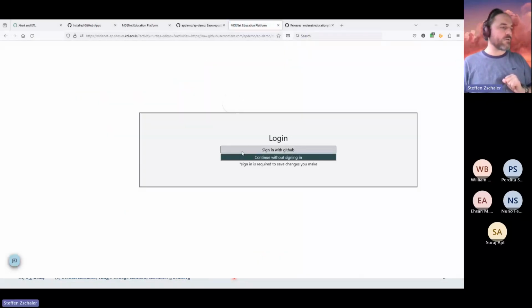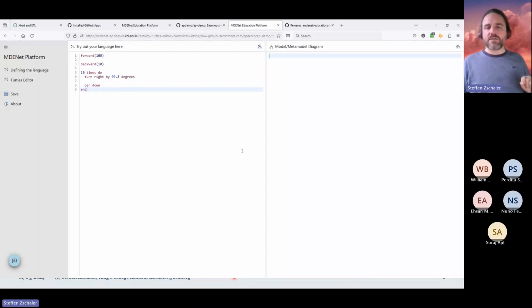So if I click on this, by the way, when I click on sign in with GitHub, normally I would see an authentication request also from GitHub, but because I've done this a few times already, GitHub's remembered who I am and isn't asking me every time. Now this is the editor that we defined, and we have a panel here with the actual Xtext editor,